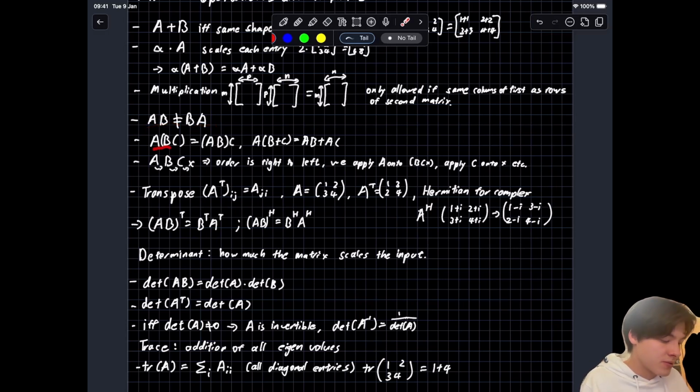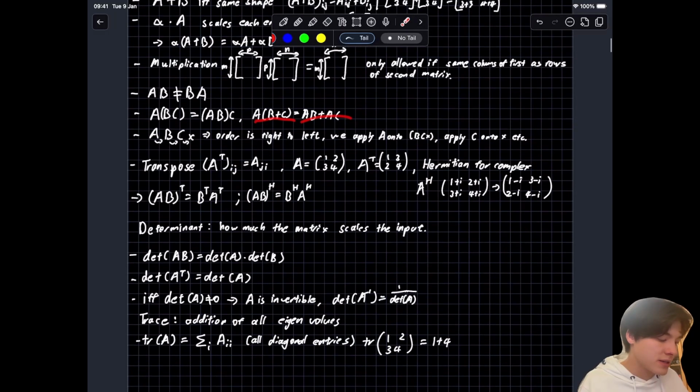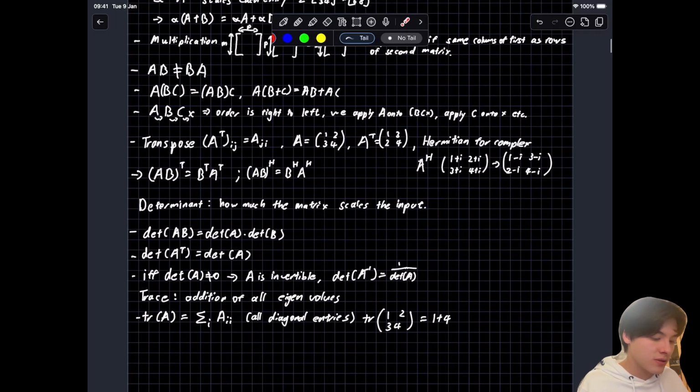But if it's the same order, ABC, we can first multiply BC or AB, it would be the same. So C applies to X, B applies to this, and then A applies to everything in front. So yeah, it's right to left when we do